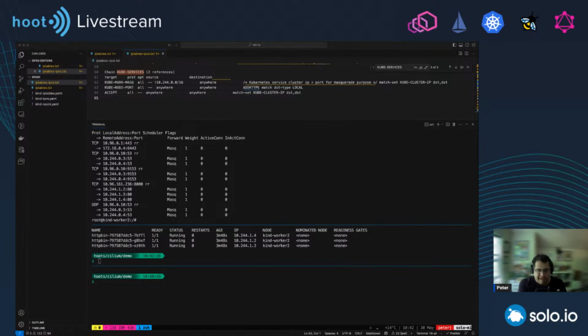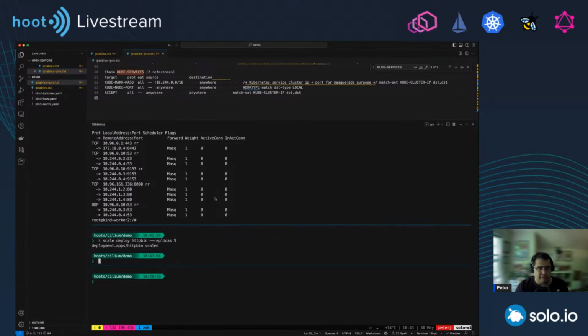Now the advantage here, as I mentioned, is we can actually do proper load balancing, whereas iptables rules are just using the probability. And whenever we scale up or scale down the deployment, so if we do scale deploy, and let's do 5 replicas, the only thing that's going to change is the IP addresses here.